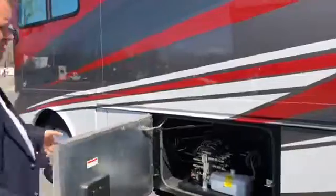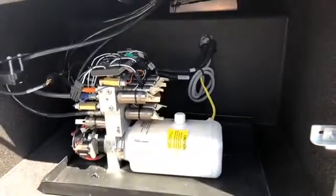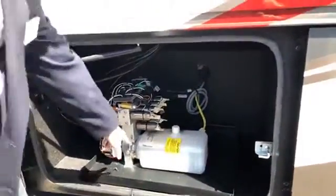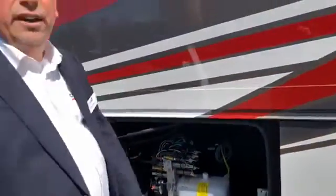So this is your hydraulic area. So your hydraulics, there's actually 6 ports because you're going to have your 2 hydraulic slides and then your 4 hydraulic jacks. And you want to also, when it is up, you want to make sure that's when you're filling it. You do not want to check this when it's down because there'll be less fluid in